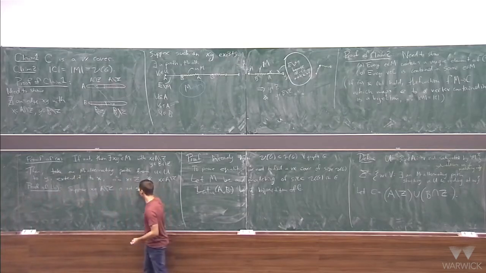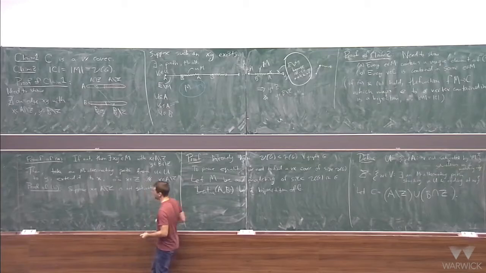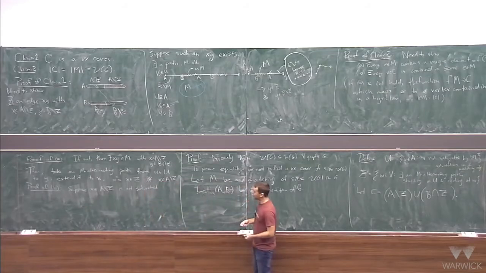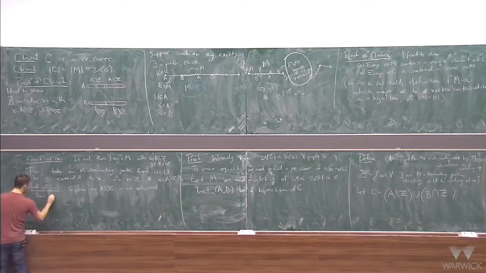An easier way to say that is just saying he's not saturated. Saturated is the same thing as being in a matching edge. But then X is in U. That's the definition of U. It's the things in A which are not saturated. But then the trivial path